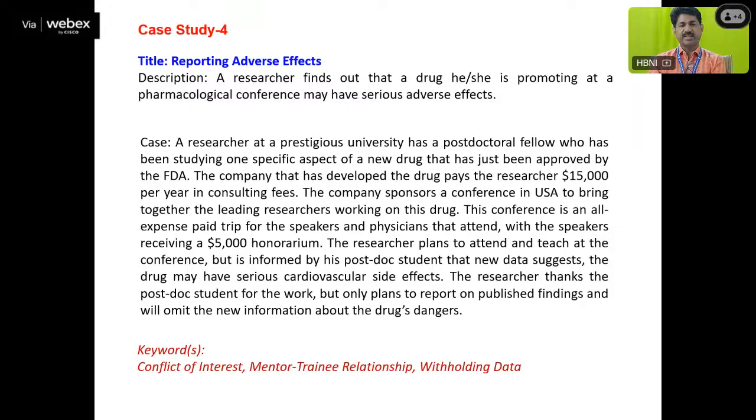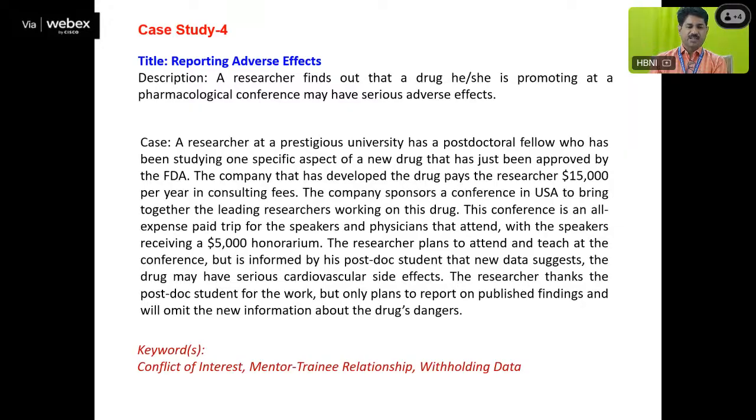So he was getting a lot of money also. So there is a conflict of interest. Even if there is a conflict of interest, he has to declare it. He would have withdrawn that particular thing and would not have gone for the presentation during the particular conference. So here conflict of interest is the main issue, and also the mentor-trainee relationship, that whenever the researcher got the